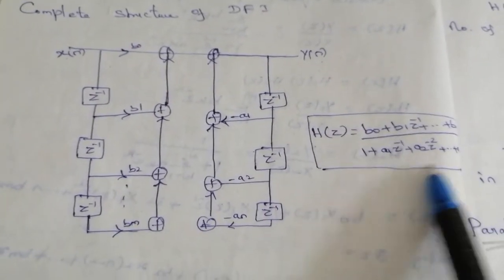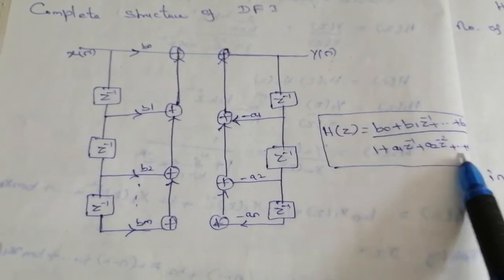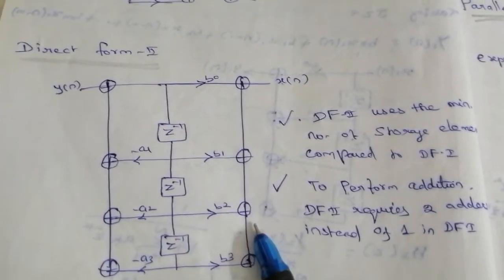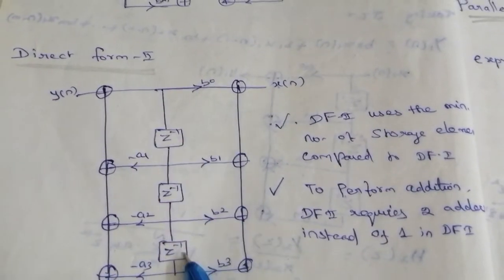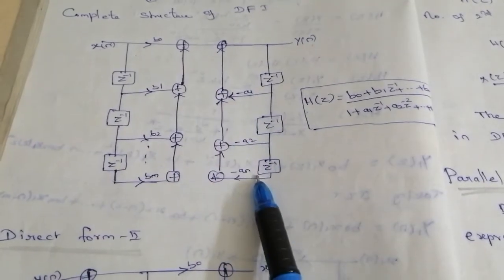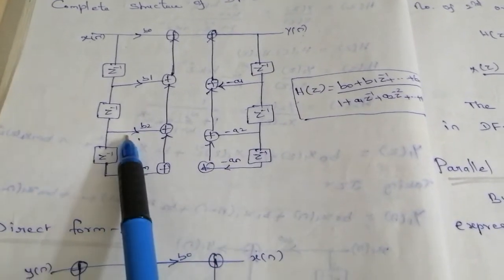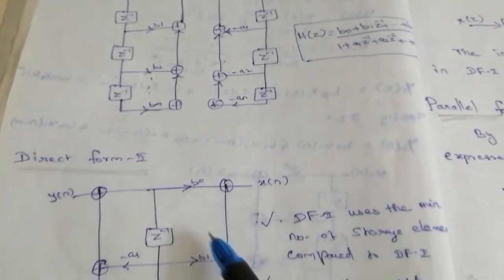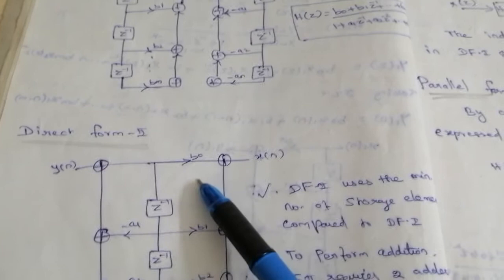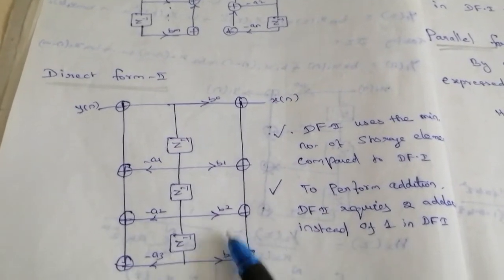So this transfer function is nothing but we simply expand the summation term, that's all. Okay. So direct form 2 structure is just the reverse of direct form 1 structure. Here the delay element is common, and in direct form 1 the denominator value is drawn on the right hand side, numerator value is drawn on the left hand side. But in direct form 2, the delay element is common, the denominator value is drawn on the left hand side and the numerator value is drawn on the right hand side. That is the difference. The remaining methods are same.